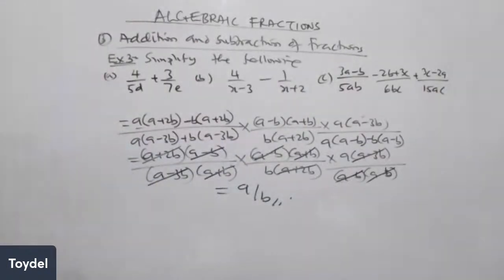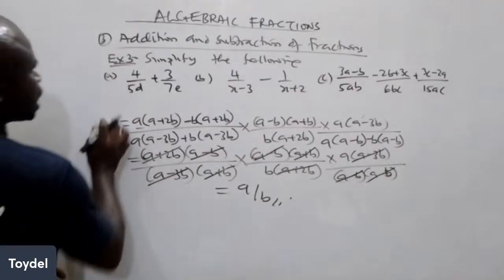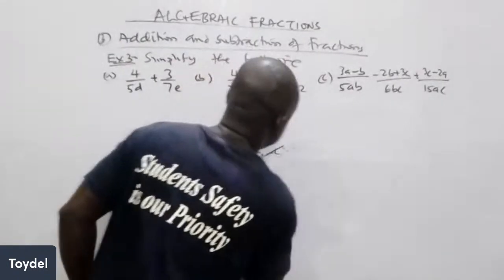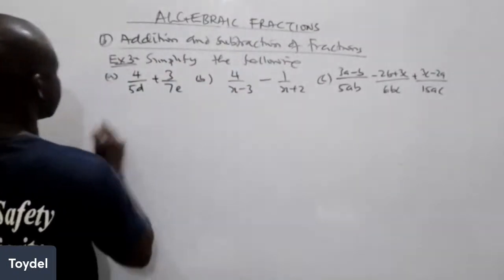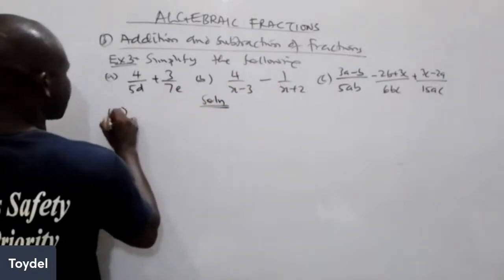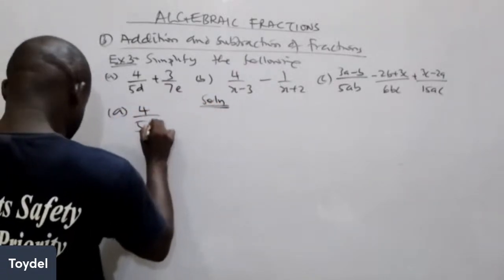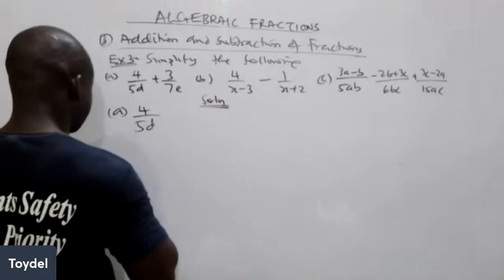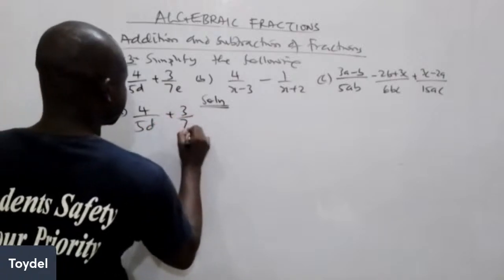So let's take the 3 examples there under the third subtopic, addition and subtraction of fractions. So I'm going to start with the first one. Solution. Let's start with the first one, A, where we have 4 all over 5d